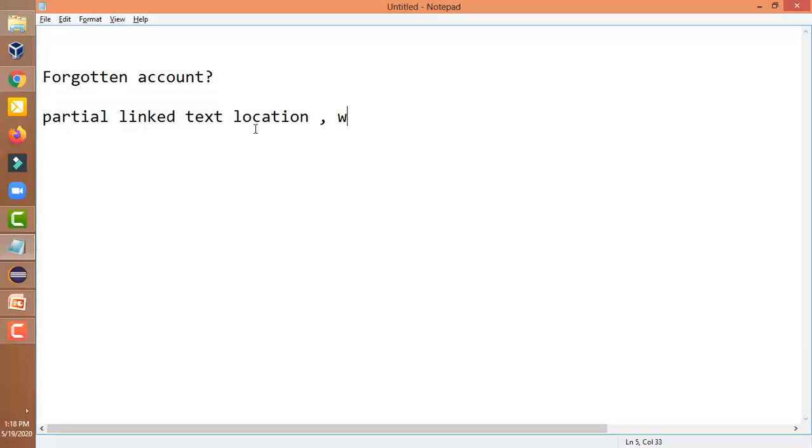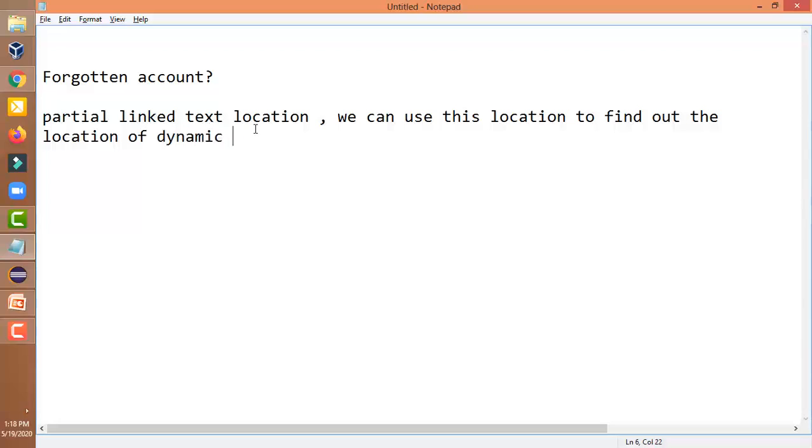We can use the partial link text locator to find the location of dynamic web elements.